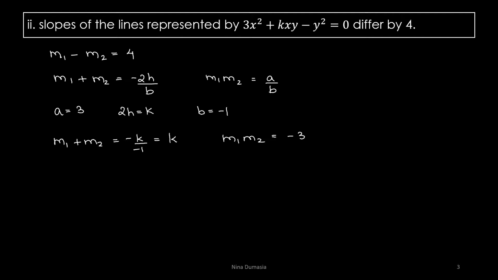Now हमारे पास m1 minus m2 है, so we know what is the relation between m1 minus m2 and m1 plus m2 and m1 into m2. इन तीनों को हम कनेक्ट कर सकते हैं by writing m1 plus m2 the whole square is equal to m1 square plus m2 square plus 2 m1 m2. अगर मैं यहाँ पे -2 m1 m2 लिखूँ तो मुझे 2 m1 m2 ऐड भी करना पड़ेगा. So what I will do over here is I will subtract and add 2 m1 m2.